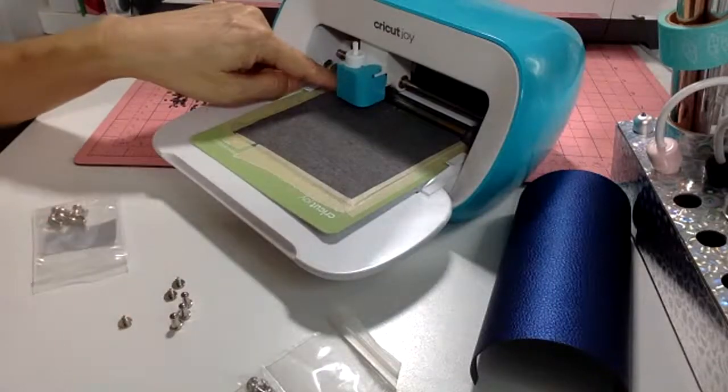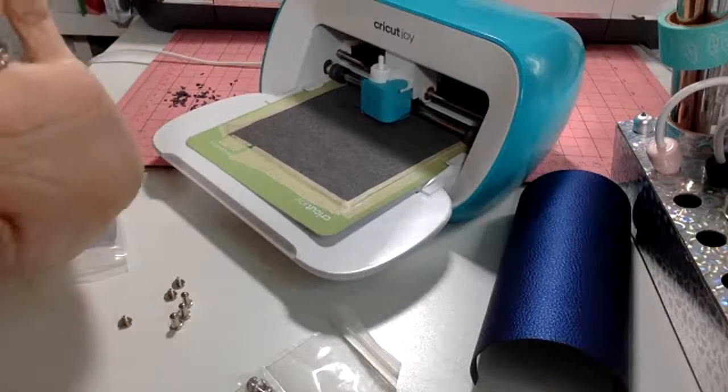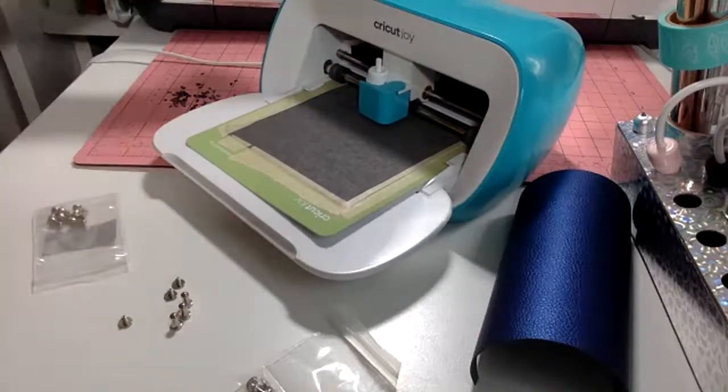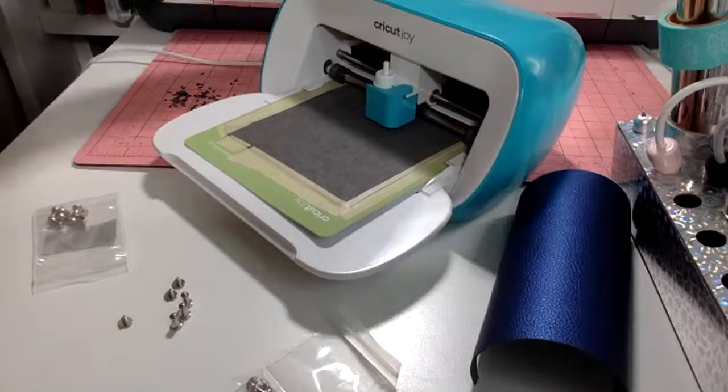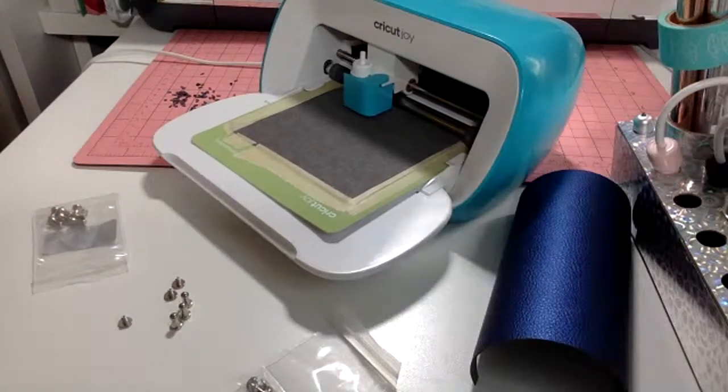I haven't had to change my blade yet on my Joy, but I do have some spare blades. The thing that the Maker does, though, the real reason I bought it was to be able to cut wood with it, as well as engrave metal. So